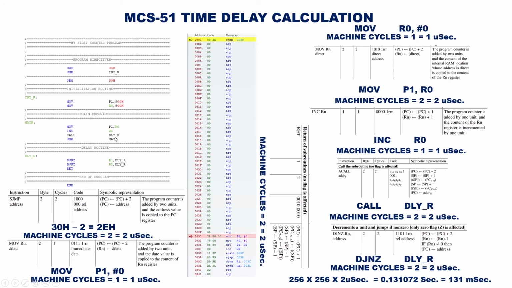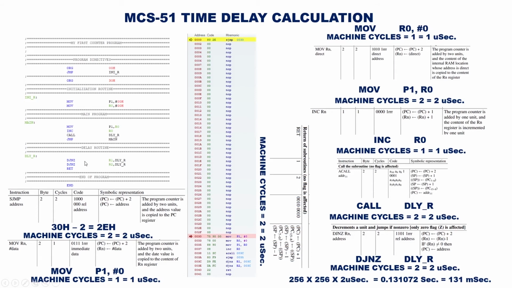When our program comes to this line, it will call the delay routine. Here we can see the call to the delay routine, and it will jump to 3CH. Here we have the 3CH location, and we can find DJNZ R1, 003. It means decrement, jump if not 0: decrement the register, that is R1. If this register is not 0, then go back to the delay routine, and if this register, that is R1,